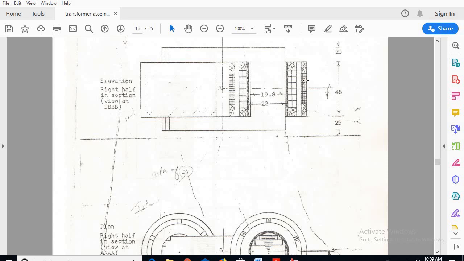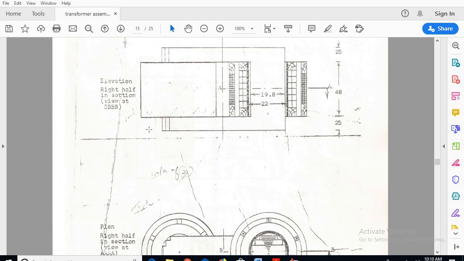Okay, since it is not possible, some portion can be left for the packing material. So the winding we cannot cover the full core. There will be some space, so this gap can be left in the LV as well as the HV winding. Next you can see height of the yoke, from here to here it is the height of the yoke. So similarly at the bottom, this is the height of the yoke, so 25. So overall height of the transformer will be 98 centimeters.